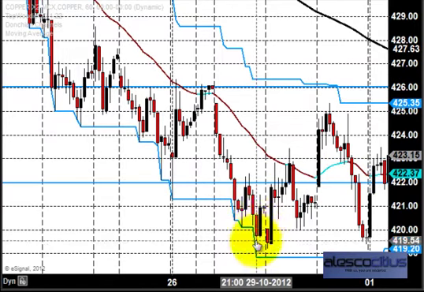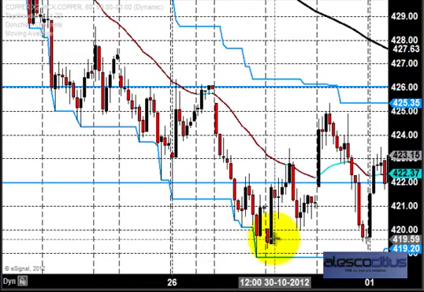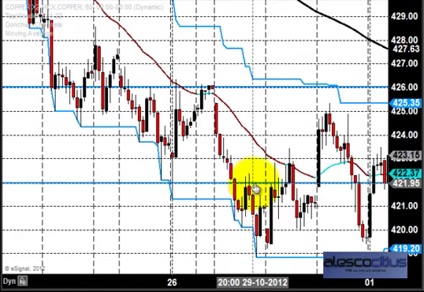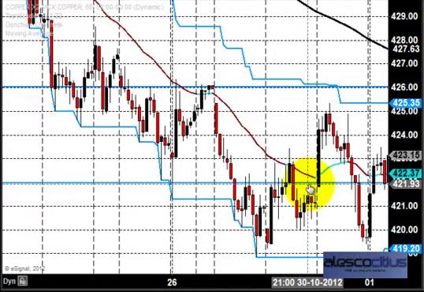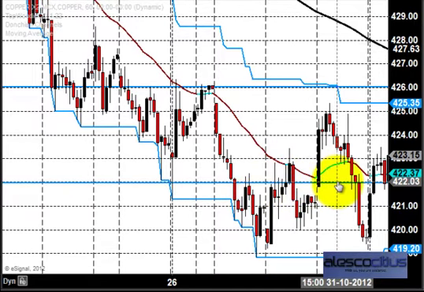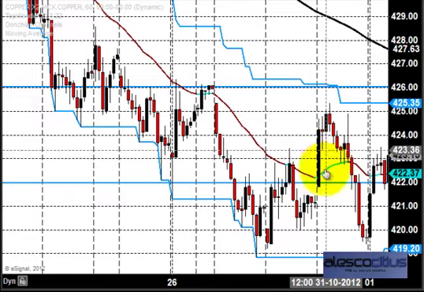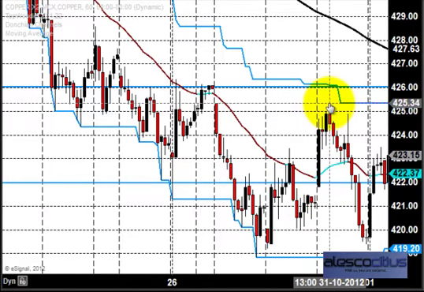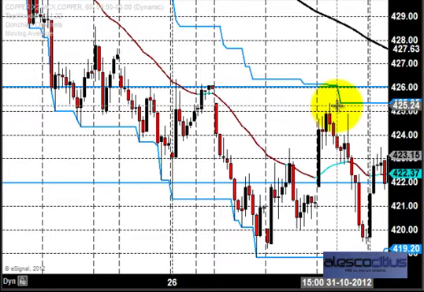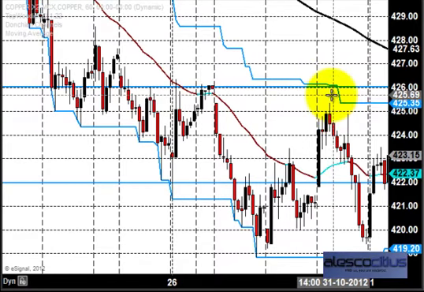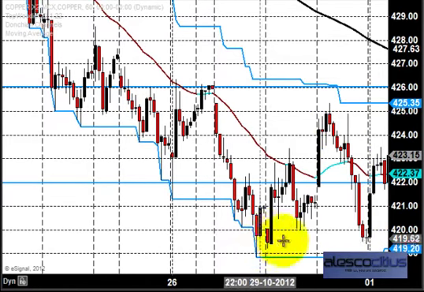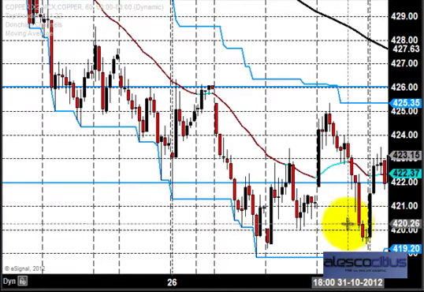After a drop, you can see the next day also the price opened lower, tried to put something above 422. What it is actually trying to do is find some support around 422 so that it can provide a base platform to push the market higher. The next day, that is on 31st, the price opened above 422 and went and tried to test this 426 resistance. But again, since the market was in a downtrend, the price came down. You can see to what zone the price came down, more or less near 419.